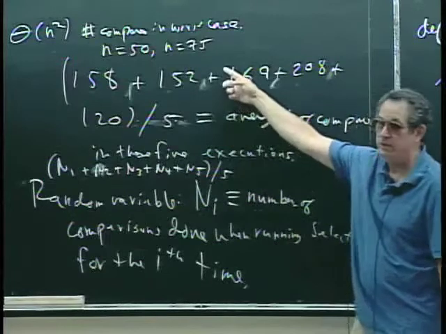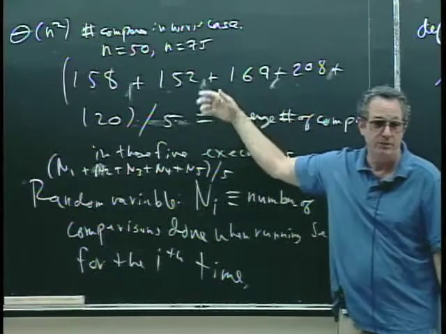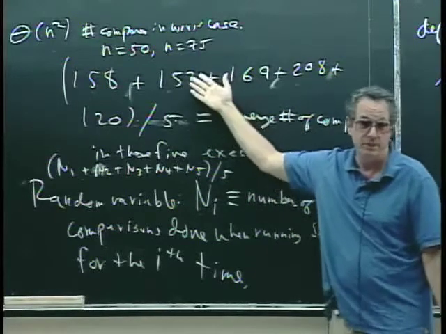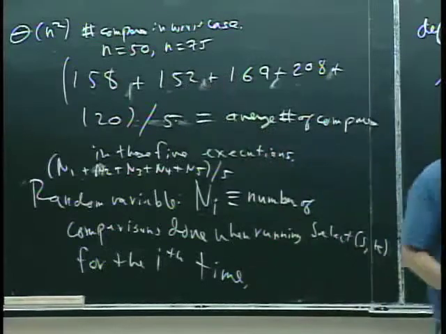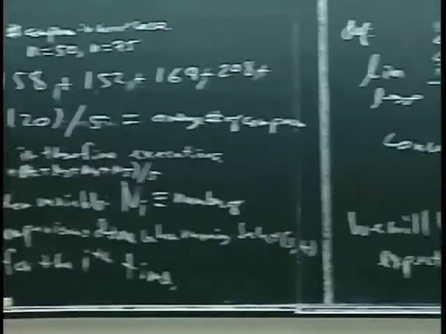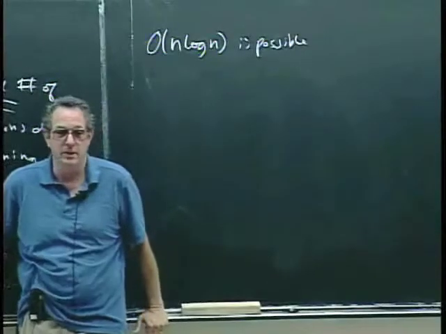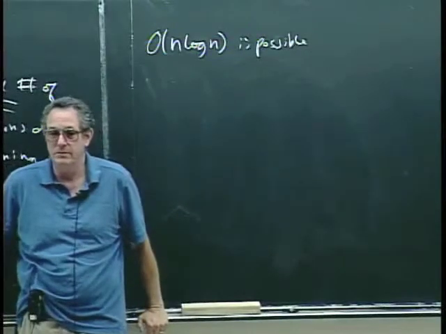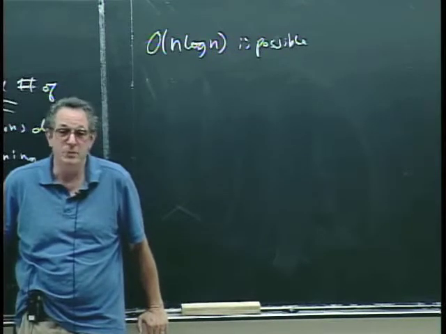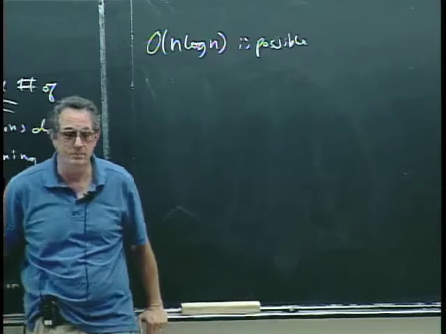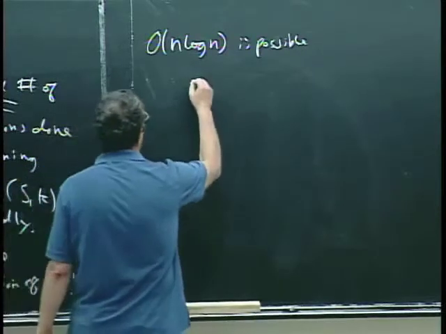If n squared is the worst case for this algorithm, certainly the expected number is going to be less than or equal to n squared. Okay, so what do you think it's going to be for this randomized select? Yeah, n log n would be a good guess, but in fact,